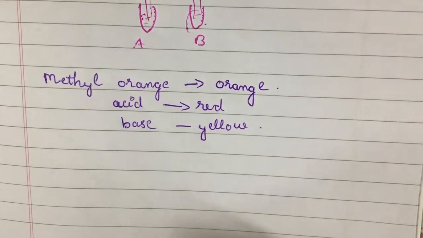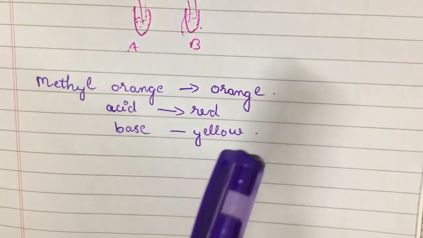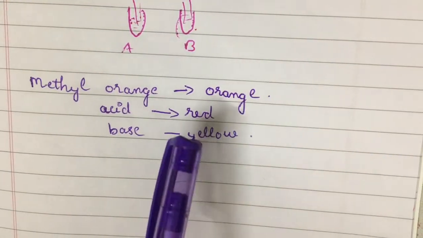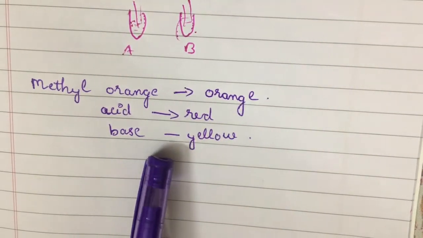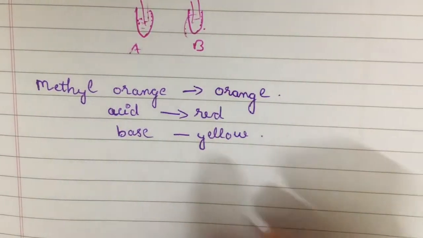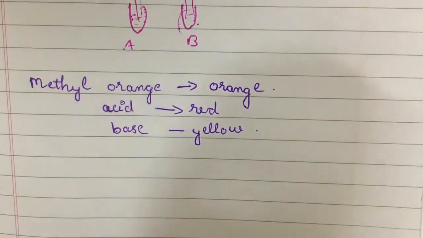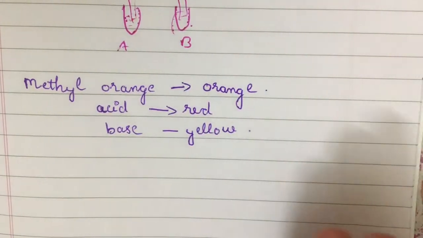So students, can you answer why they differentiate acid as well as base? Why do they show a different color in acid and a different color in the basic solution? Please comment the answer in the chat box. And if you have any doubt related to this topic, please clear it in the chat box.